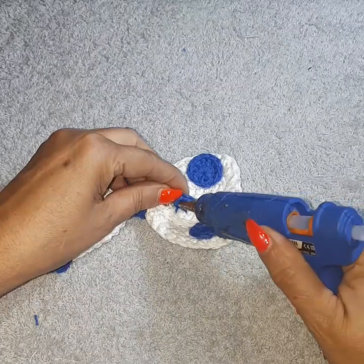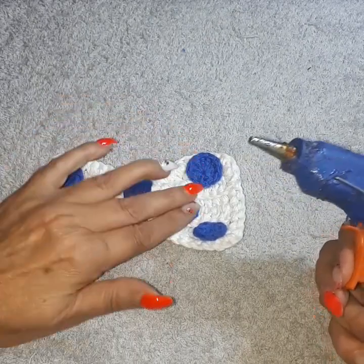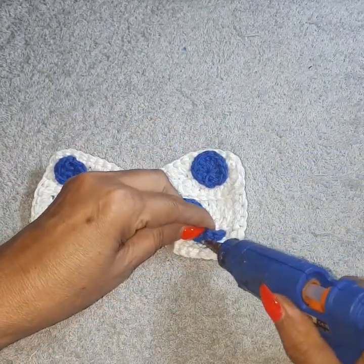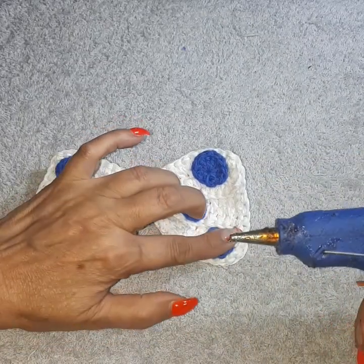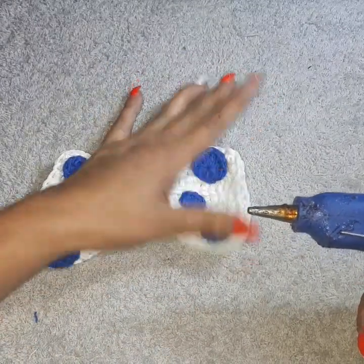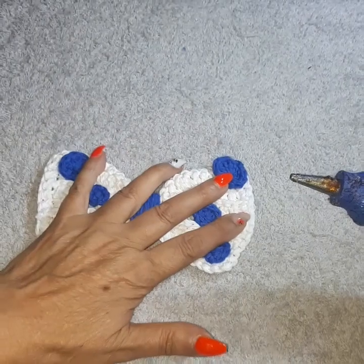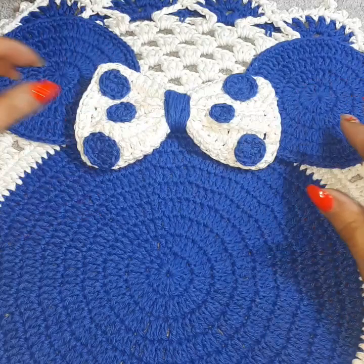Now I've taken a picture of the pattern itself without putting the ears and the bow tie, which is a beautiful pattern. You can make it as a doily for your table or any area in your house. I'll pin up the picture. And do the same thing to this side. So basically now you just line up